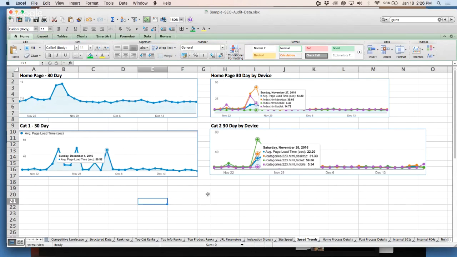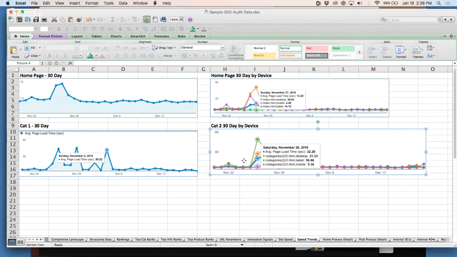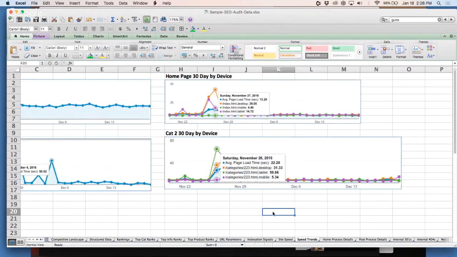Wow. But in Google Analytics, I can go even further. I can show the 30 days for that page by device type, and I can see where there's problems for different devices on different days, right? And if you do enough data sampling, you may find that when you drill down to the device type specifics, you may only have a problem for mobile devices. That's a really important thing to know.